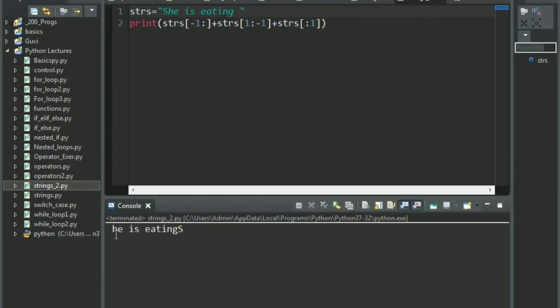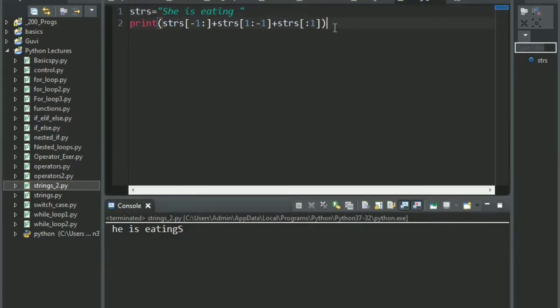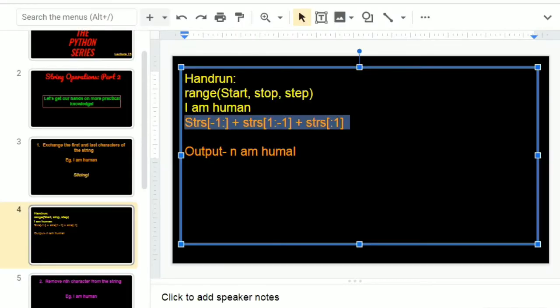That's what I wanted to do. I removed the S here since I wanted it to become male. So he is eatings. Though this is wrong English, but see, you can have fun. So this is how slicing worked. You can try out various other sentences and try slicing it in the same manner, so y'all can have a very clear idea. Now that we're done with slicing, let's go ahead with the next example.